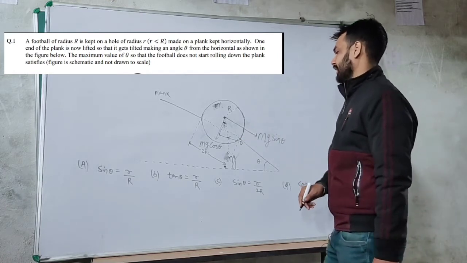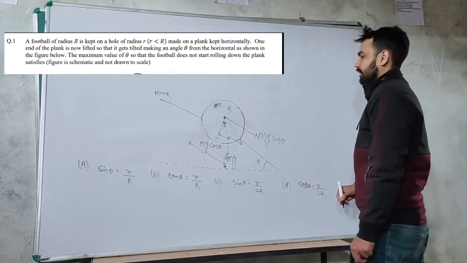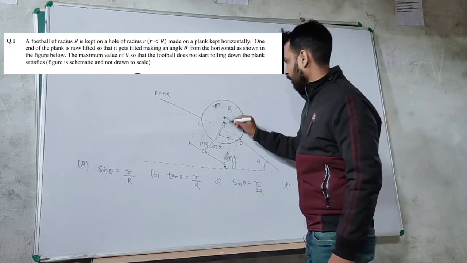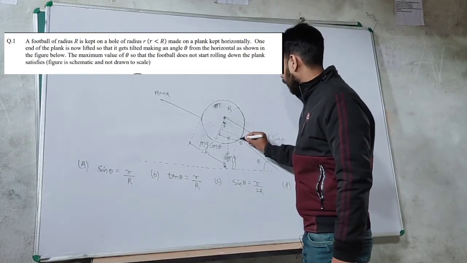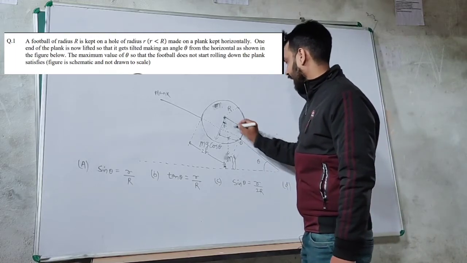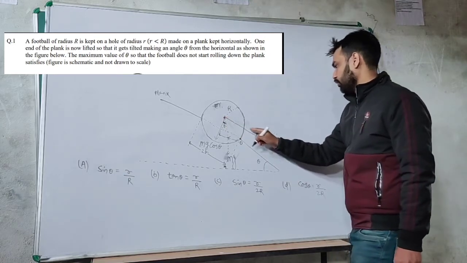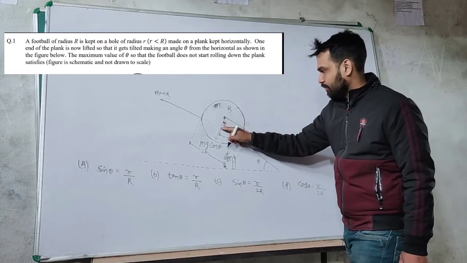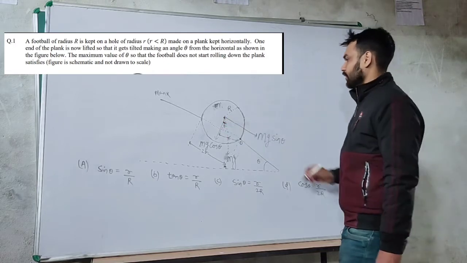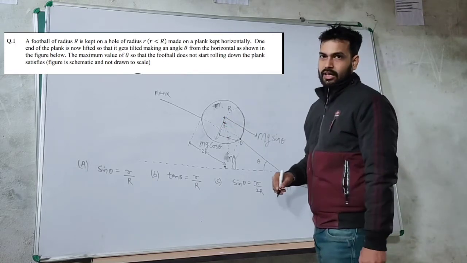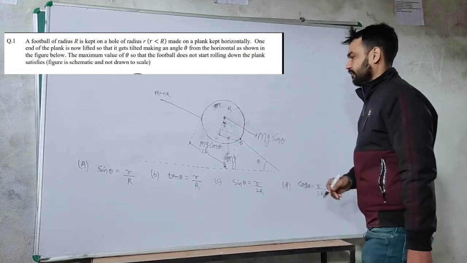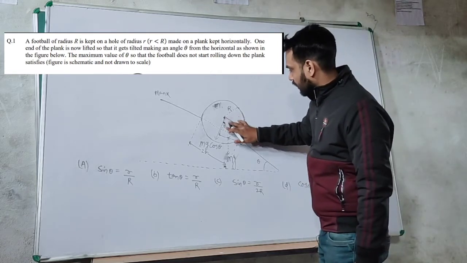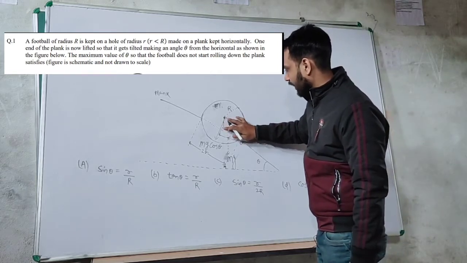Now, balancing the torque at this point O, we must draw the triangle here. At this point O, the torque produced by mg sin theta is mg sin theta into this perpendicular distance. So I must draw a triangle. Sorry, before this I must delete this portion to make you understand.